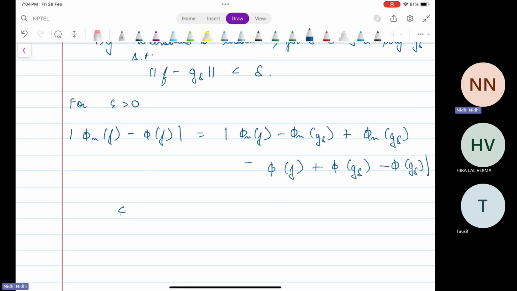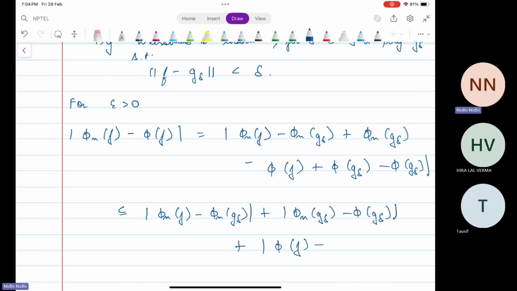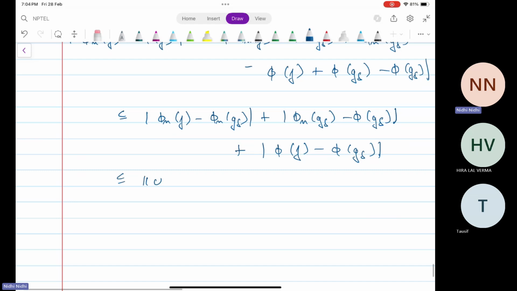Now this is less than or equal to mod phi n f minus phi n g delta plus mod phi n g delta minus phi g delta plus mod phi f minus phi g delta. Now this is less than or equal to norm phi n times norm f minus g delta plus